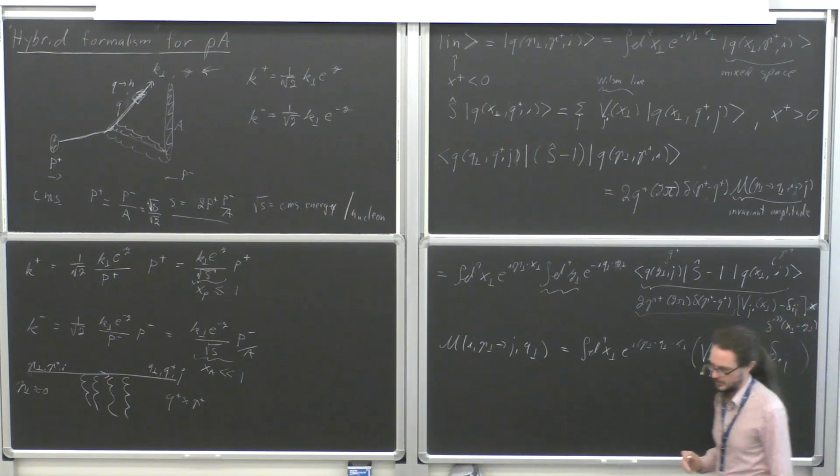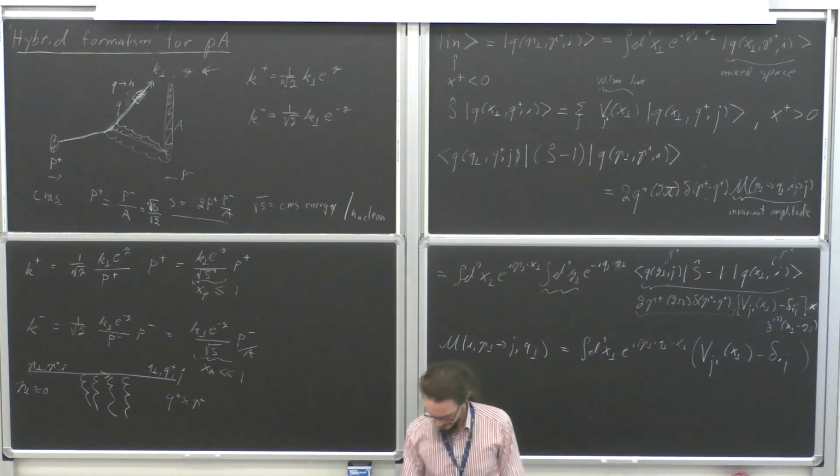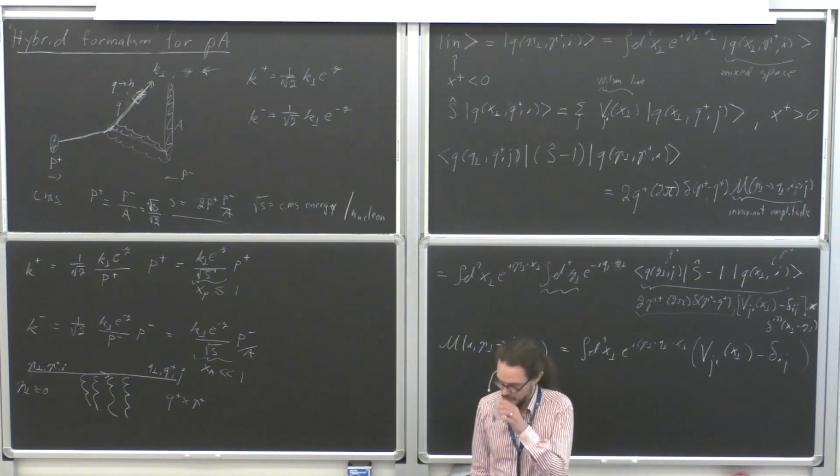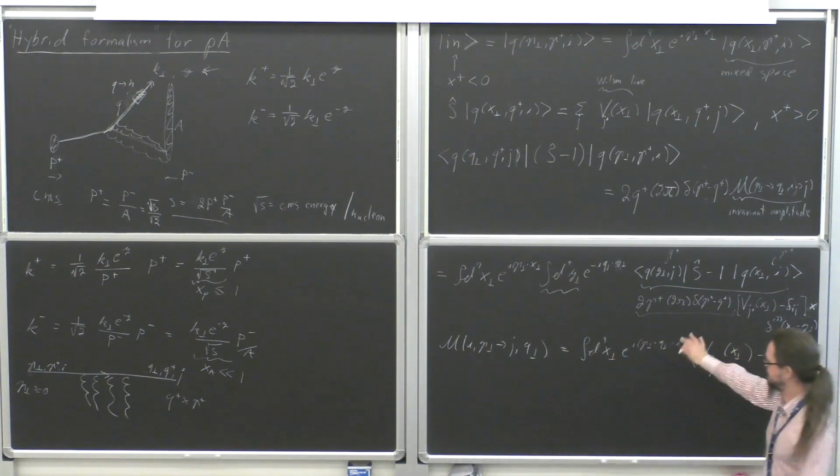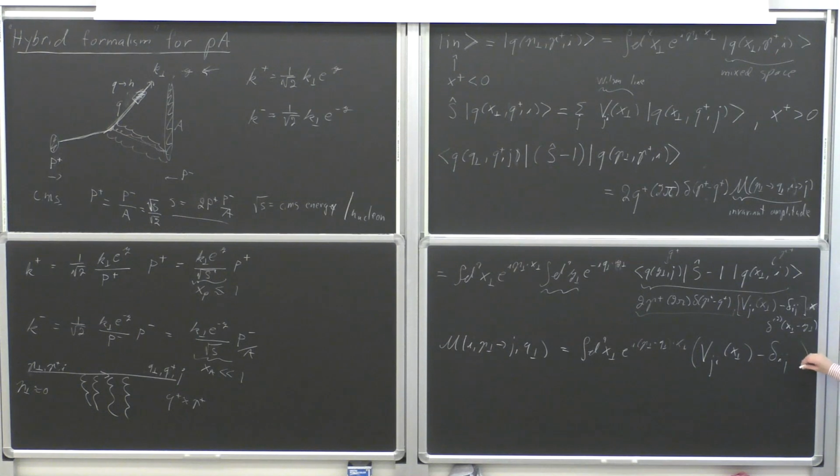I'm subtracting the 1. Good. So this is one part of the physics of this Wilson line. It's the scattering amplitude for any colored particle in some representation, and then the Wilson line is a matrix in that representation, to scatter off